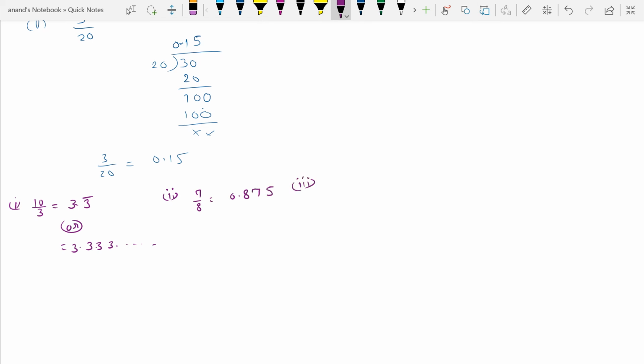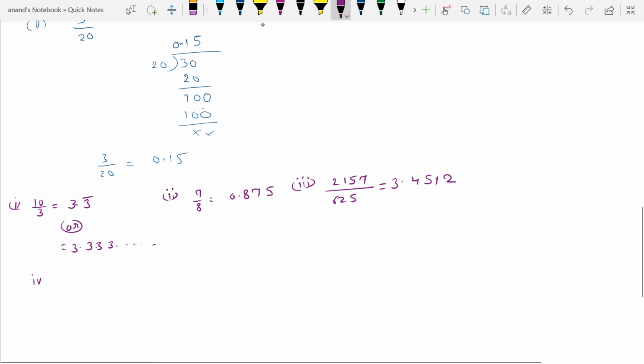In the third example we have obtained 2157 by 625 as 3.4512, and in the fourth example we have obtained 22 by 7 as